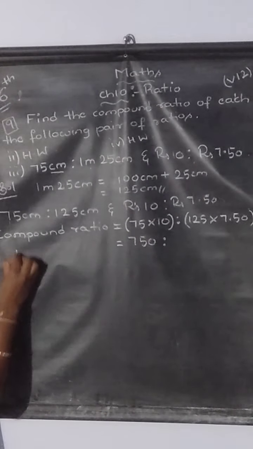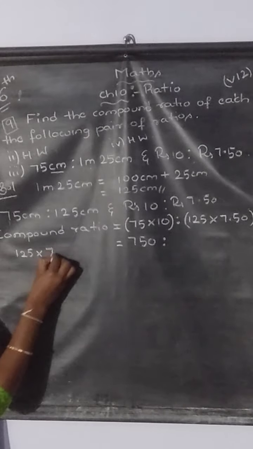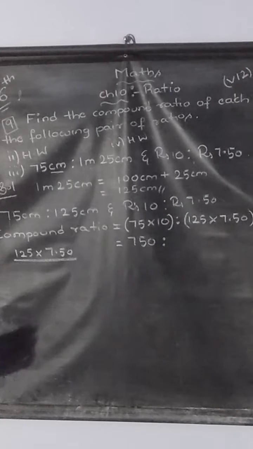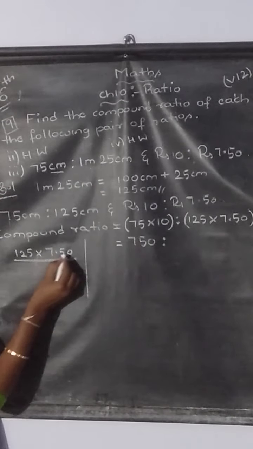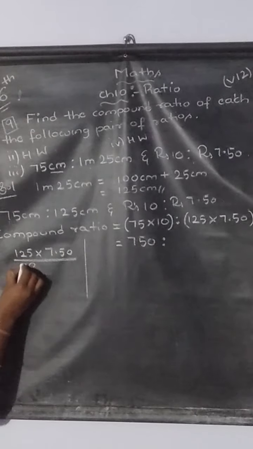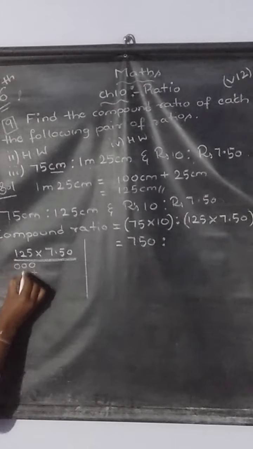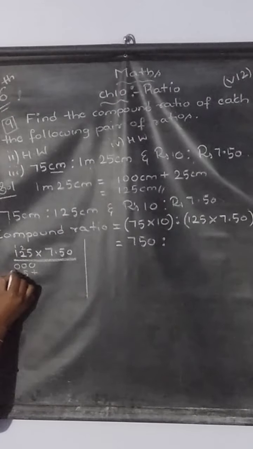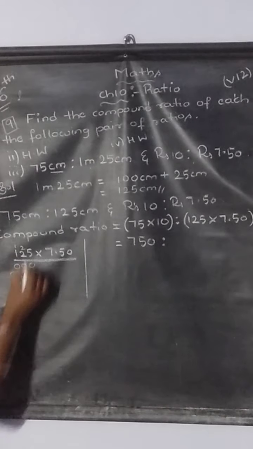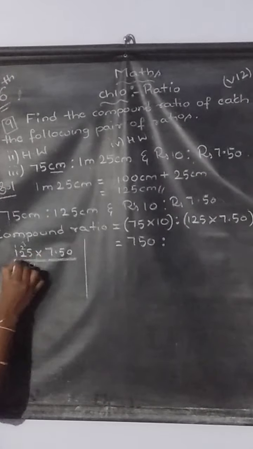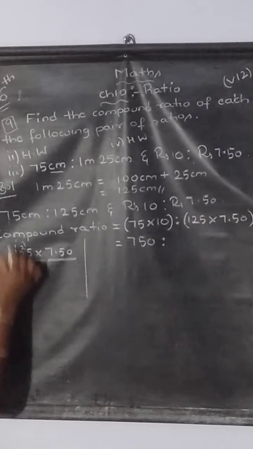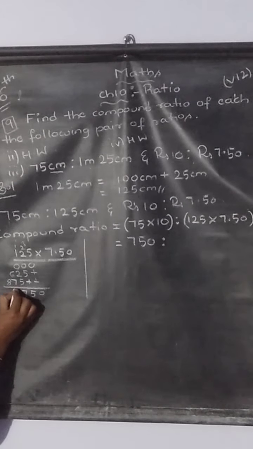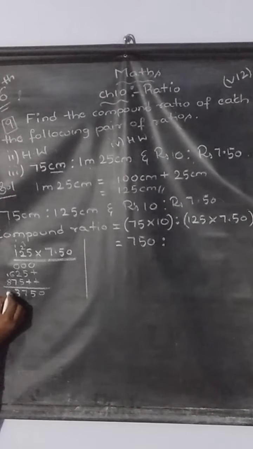We don't know. Let us multiply it, children. So 125 into 7.50. While doing the multiplication of decimal numbers, first you should forget the decimal point. Okay. Now you just do the multiplication, children. 0 5s are 0, 0 2s are 0, 0 1s are 0. Plus 5 5s are 25, 5 to carry. 5 2s are 10, 10 plus 2 is 12. 5 1s are 5 plus 1 is 6. Plus 7 5s are 35, 5 3 carry. 7 2s are 14, 15, 16, 17. Okay. 7 1s are 7 plus 1 is 8. Okay. 0, 5, 5 plus 2 is 7. 7 plus 6 is 13. Okay. Next 8 plus 1 is 9.